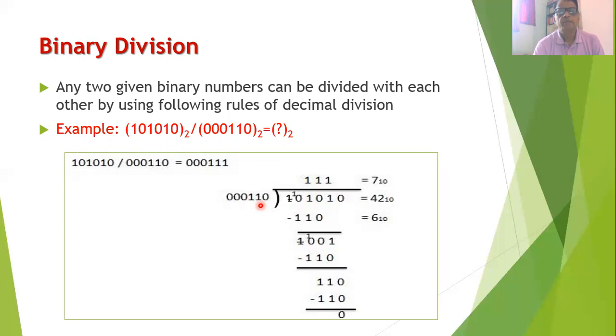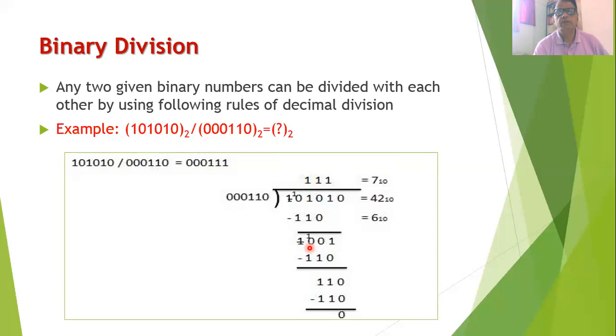You will find that there are three leading zeros in the second number, and therefore these three leading zeros can be ignored because they do not play any role in the division. Now as far as the first three bits are concerned, they are 101, which is smaller than 110. Therefore, I need to consider the first four bits in order to write a quotient of 1. So my first quotient will be 1 when I write the number 110, and when I subtract this number from 1010, you will find that the result we get is 100.